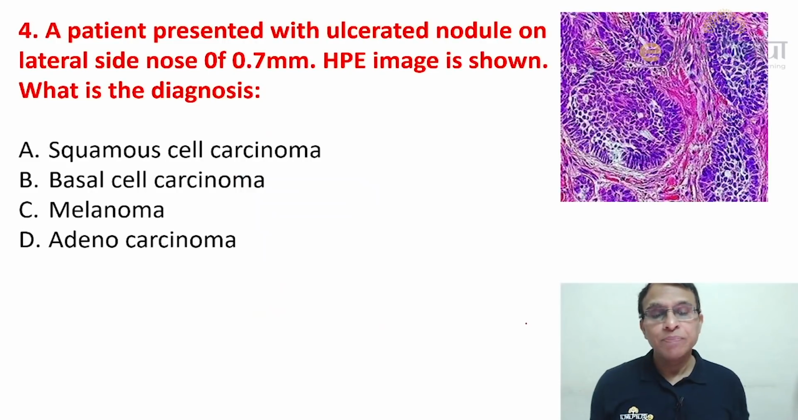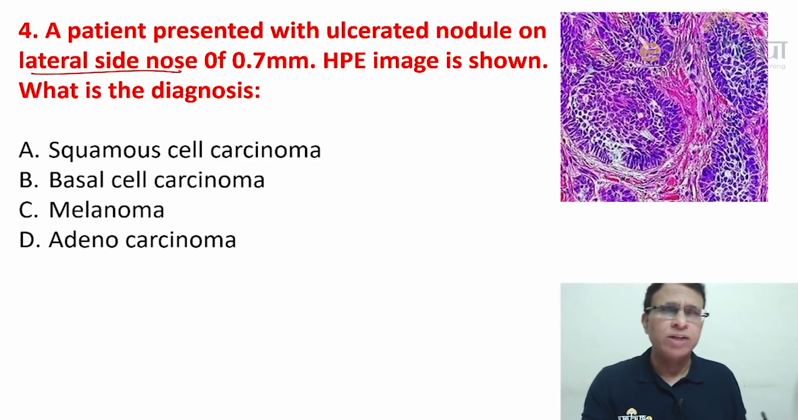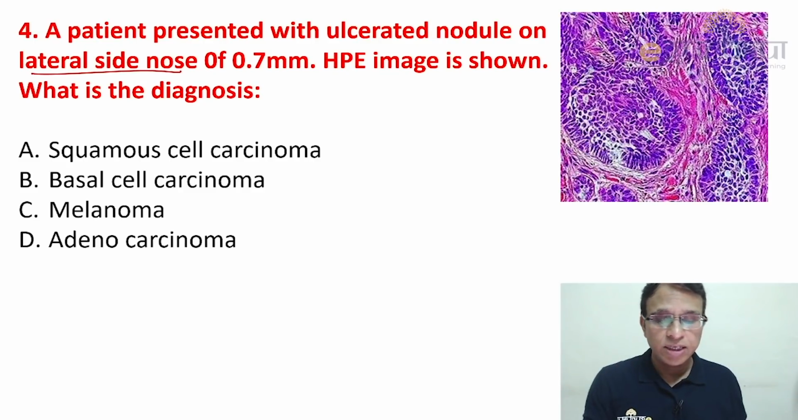Next one. A patient presented with an ulcerated nodule on the lateral side of the nose of 2.7 millimeters. Histopathology image is shown. What is the diagnosis? This is actually a pathology question, but because it is about the lateral wall of the nose or the tip of the nose, and we all know the swelling which has rolled margins on the lateral wall of the nose is most likely